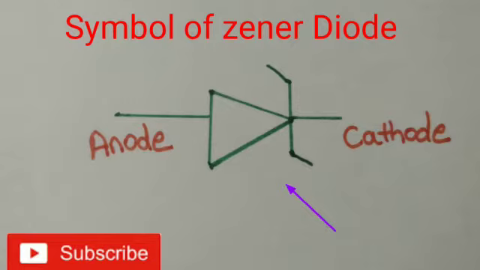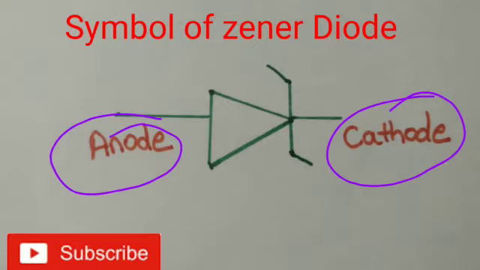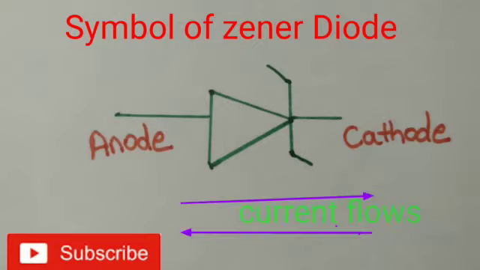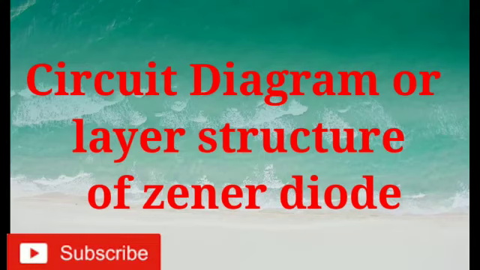The Zener diode circuit symbol places two tags at the end of the bar, one in the upward direction and the other in the lower direction, as you can see in the figure. This helps in distinguishing Zener diodes from other forms of diodes within the circuit. Zener diode also consists of the cathode and anode. Here you can see in the figure. The current flows from anode to cathode as well as cathode to anode respectively.